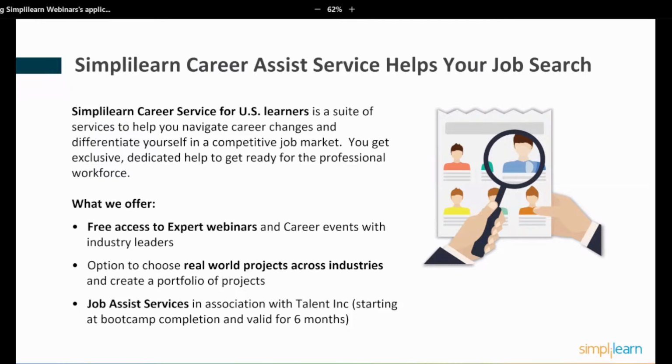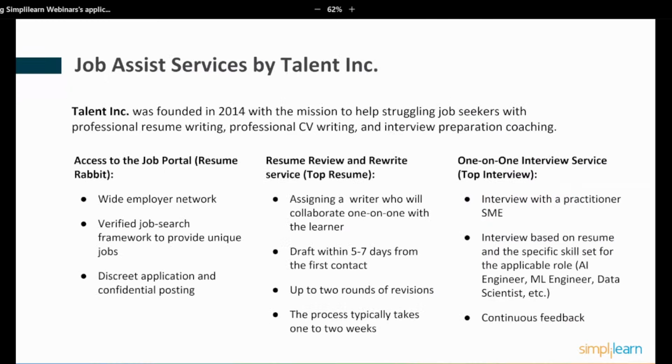It also builds up your portfolio with the Capstone Project and other projects that you do in the bootcamp. But there's also specific job assist services through Talent Inc. Talent Inc. offers a three-part set of services.